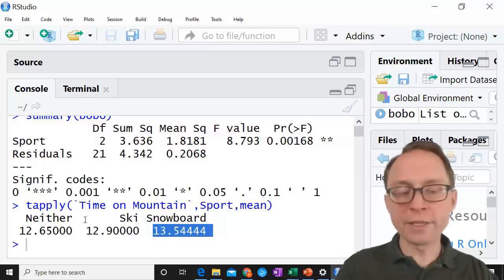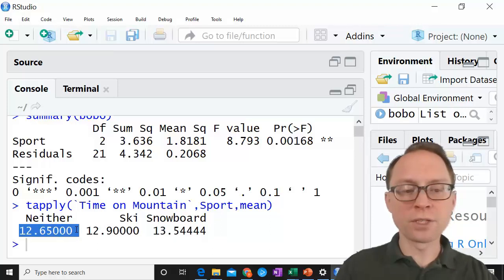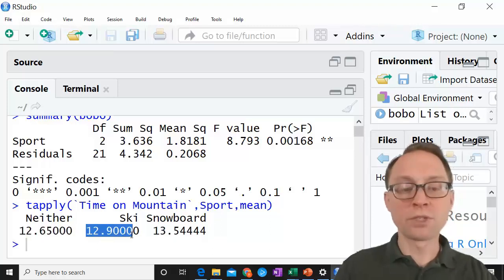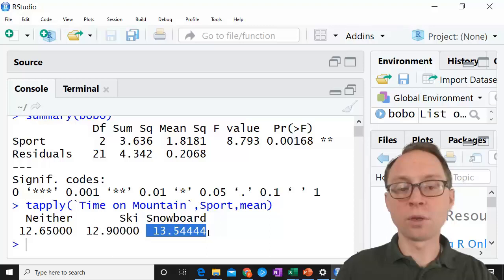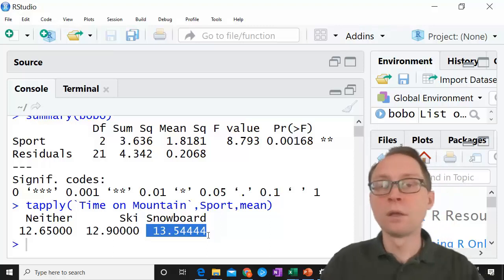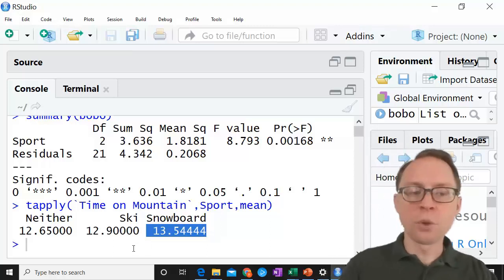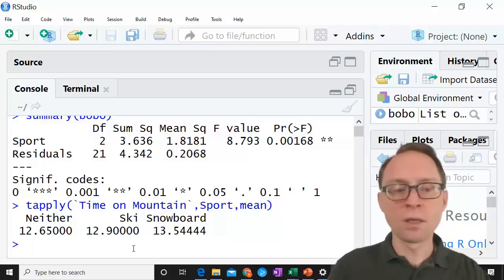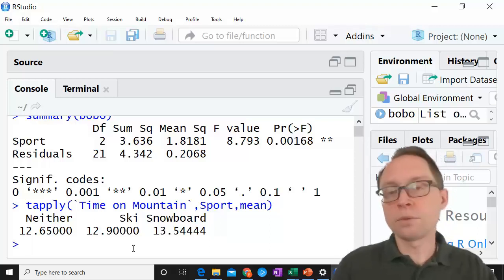So we have a pretty good idea that snowboarders and neither are significantly different, but we don't know if skiers are significantly different than snowboarders. That's when we have to run our pairwise tests. So if we were planning to do this from the beginning, then what we would run is, there's a couple